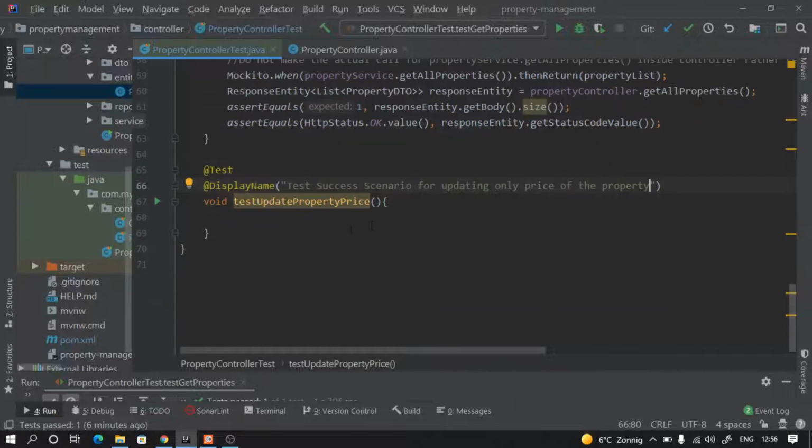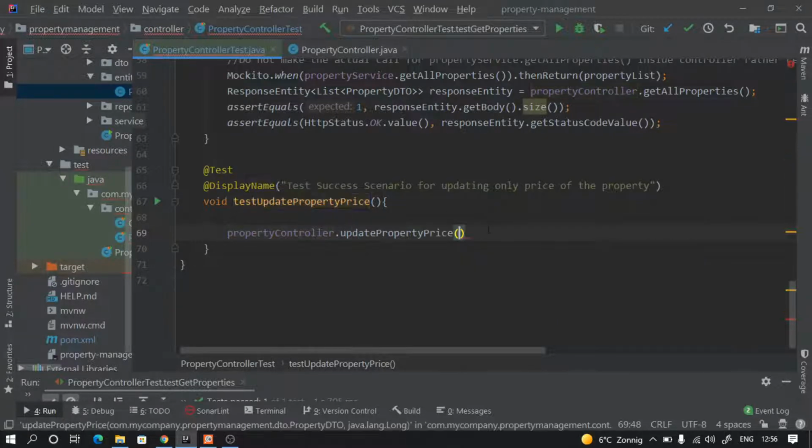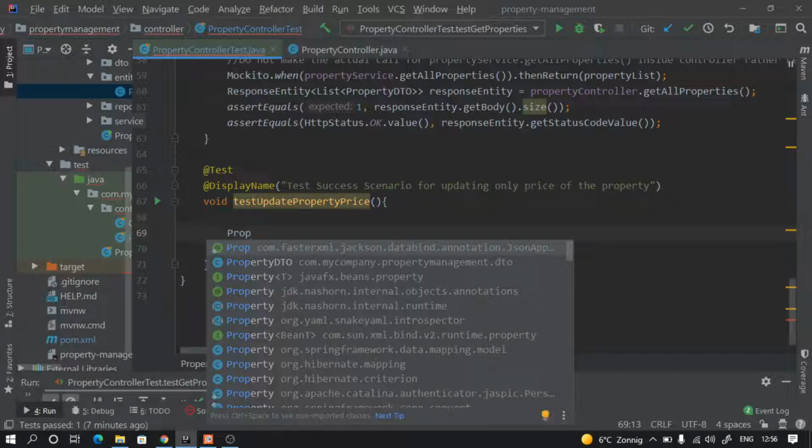Okay, now as usual we will make a call to our controller. So it's a property controller dot update price, which takes two parameters: one is the property DTO and the other is the property ID. What it will return is, in the property DTO we should have the updated price. So let's create our property